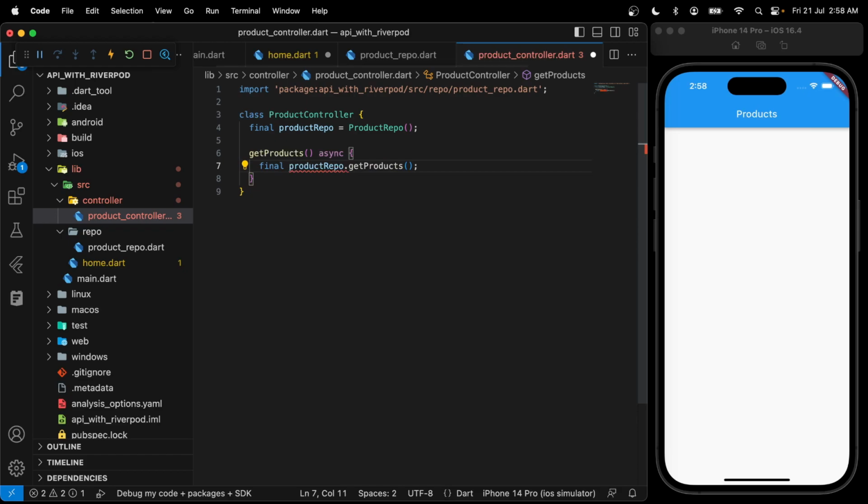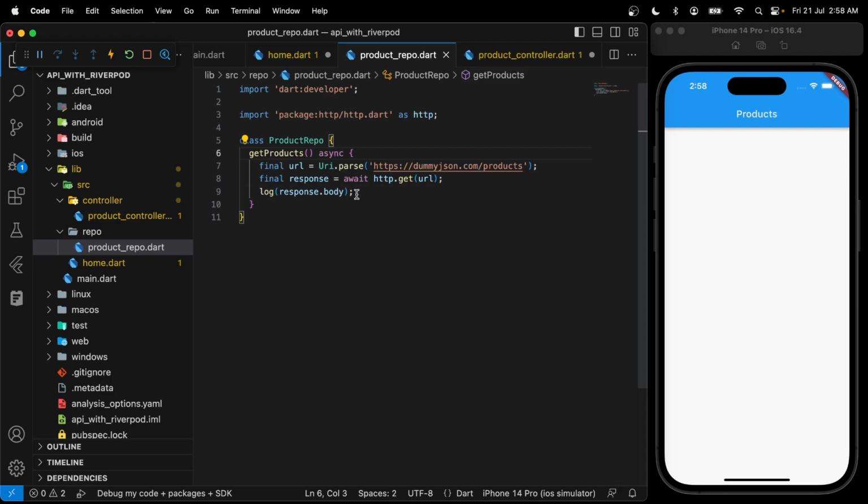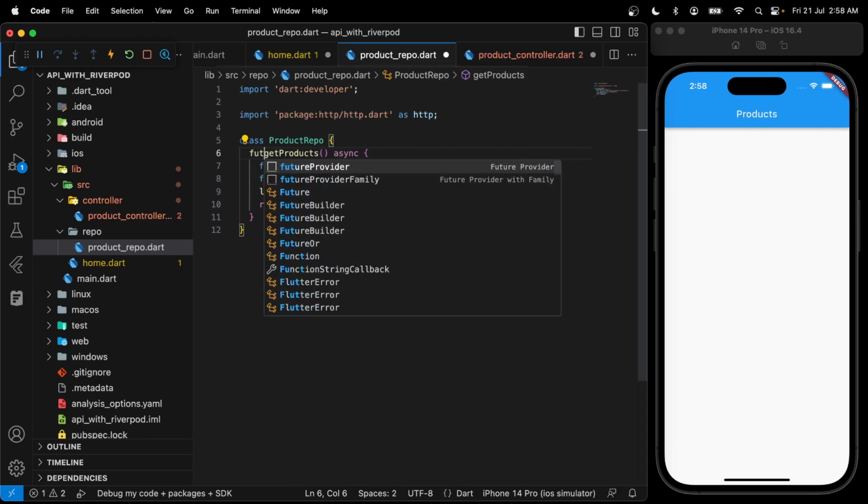And what we can do is we can say final response goes await this, but response would be dynamic because definitely we are not returning anything right now. Okay, so let's return something. Let's return the response itself. So I can say return response, and we need to give this function a signature. So let's say future